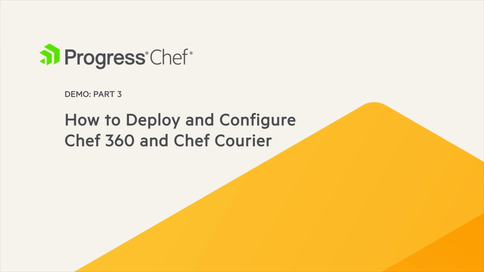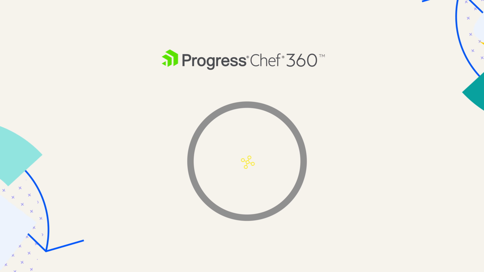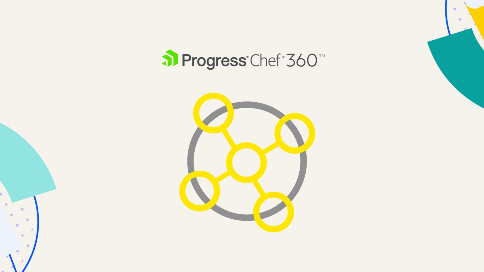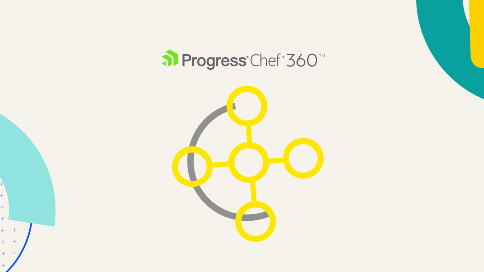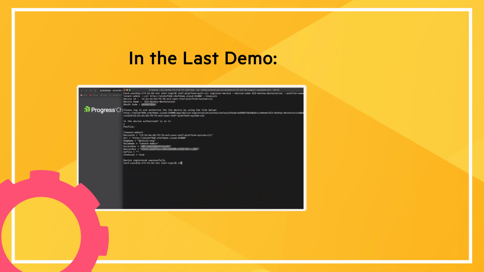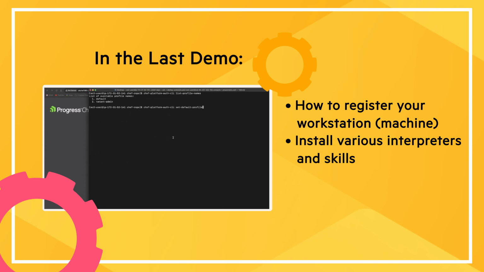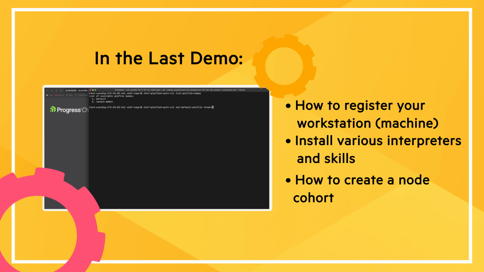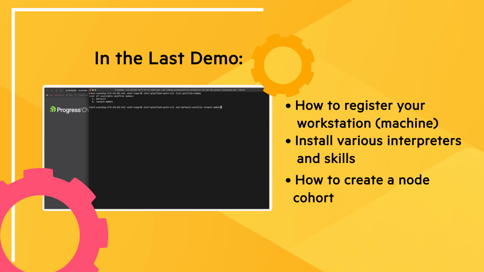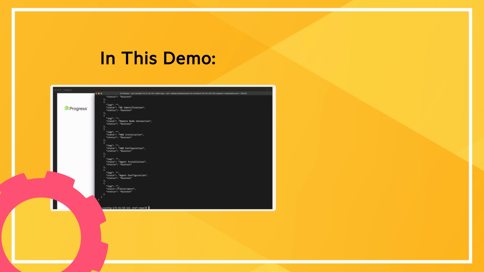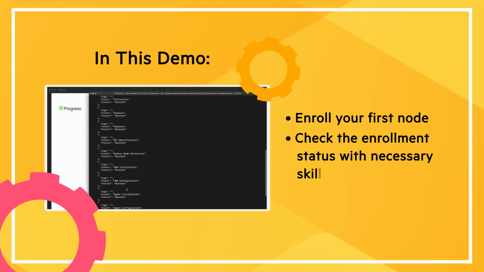This is part 3 of a 5-part series on how to get Chef 360 Platform and Courier deployed to provide orchestration capabilities in the environment. In the previous demonstration, we learned how to register your workstation, install different interpreters and skills, plus the creation of a node cohort. In this demo, we'll enroll our first node and check the enrollment status with all the necessary